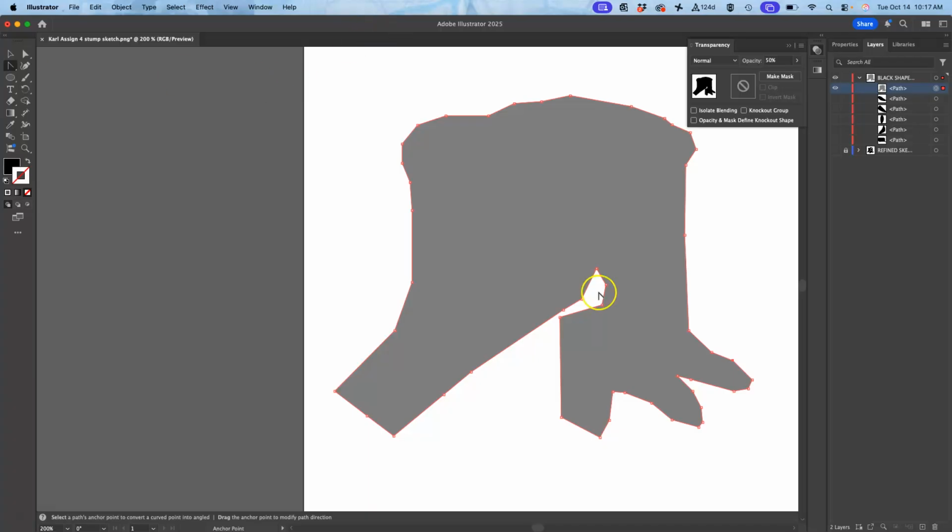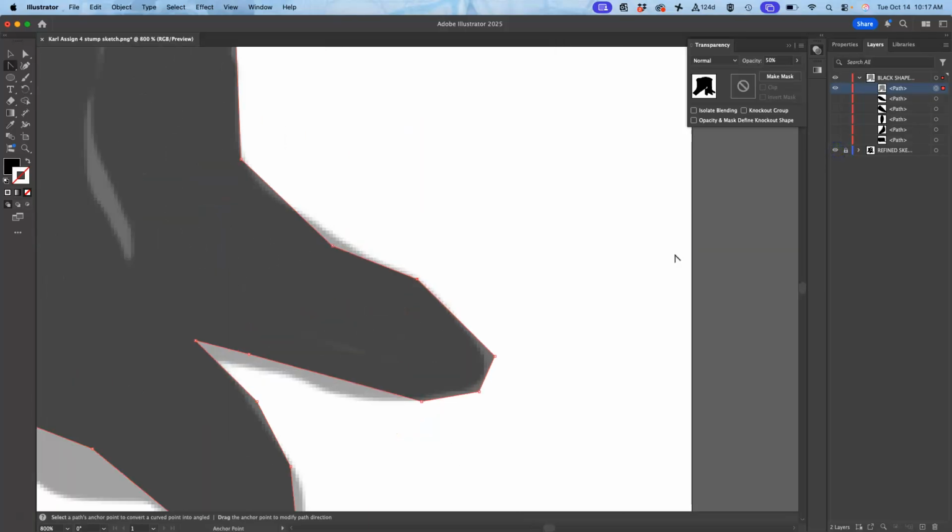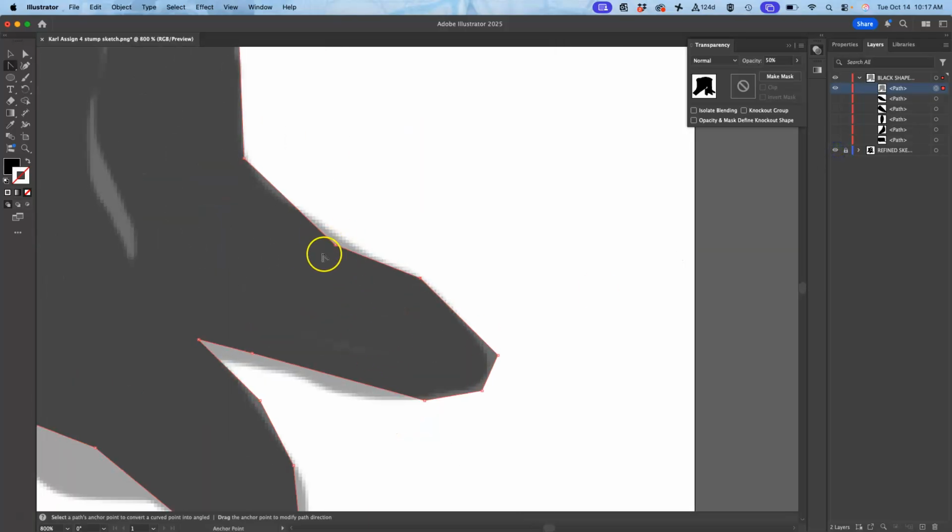So let's try it. Let's go somewhere where I want a curve, like on this leaf. Or I'll do it on the root here. I'm going to hover over this anchor point and I'm going to click it, and then I'm going to drag. And look, it changed it to a curve where I have handles I can play with. Same thing here. Click and drag. Click and drag. It will always drag out handles on both sides,